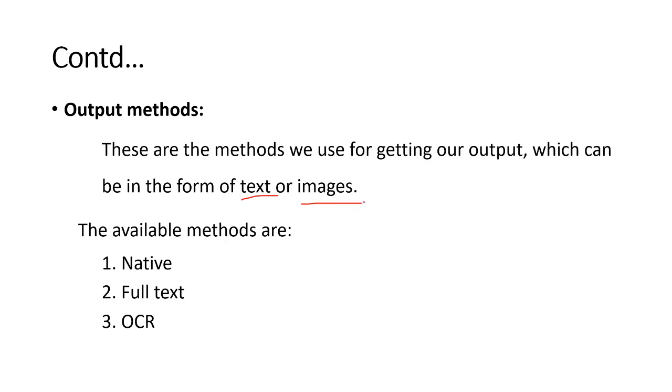If the task is displaying images as an output, and if you want to extract some text from the images, then you can use techniques like optical character recognition, full text retrieval, or native methods in order to extract text from images. I will give an example in the coming class for this. You need not worry about this for the time being.